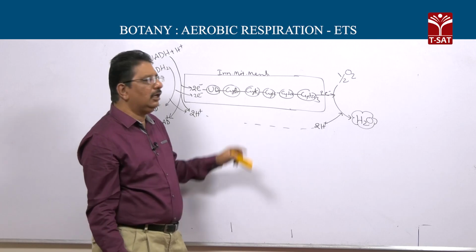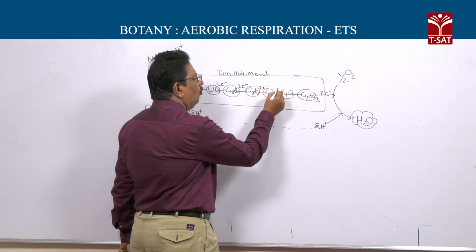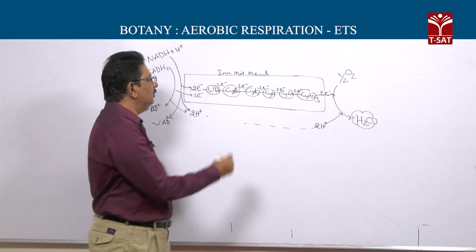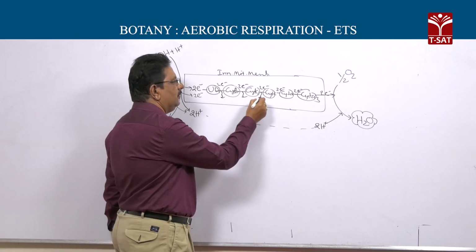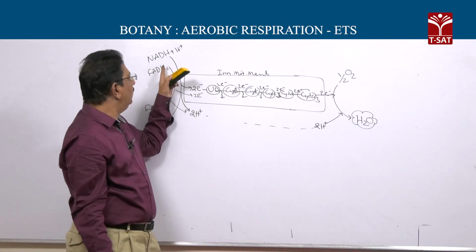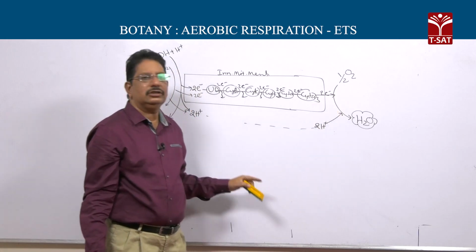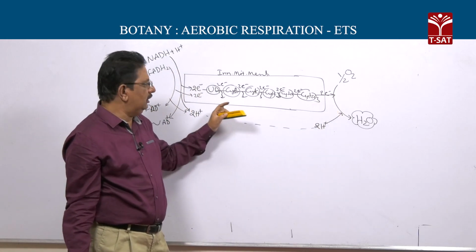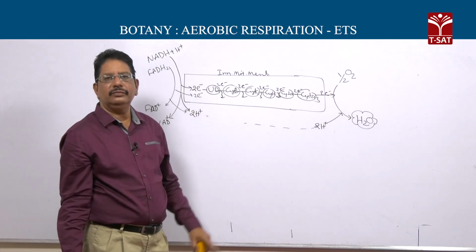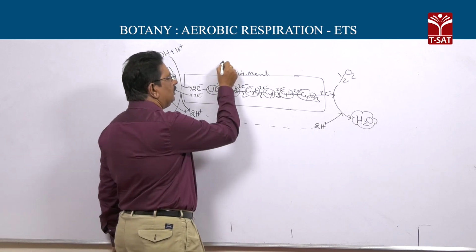Electrons have energy, and while transferring from one component to another, they lose some energy. So in a downhill movement from high energy status to low energy status, electrons lose energy, and that energy formed during the downhill movement is utilized for the production of